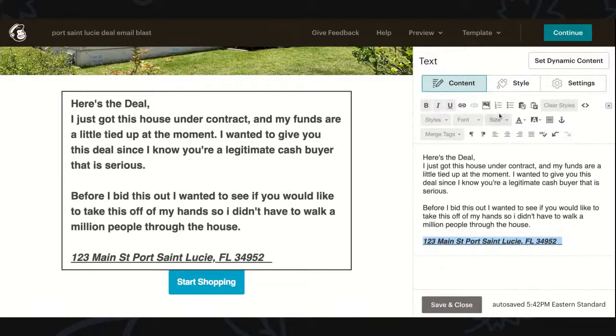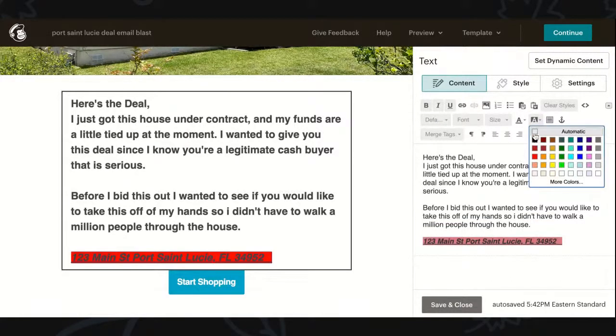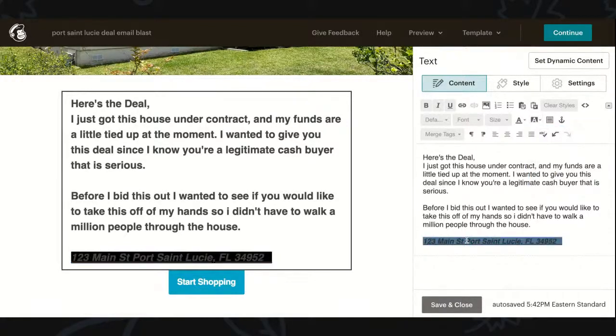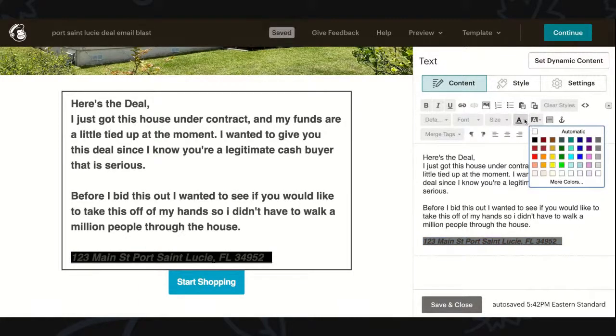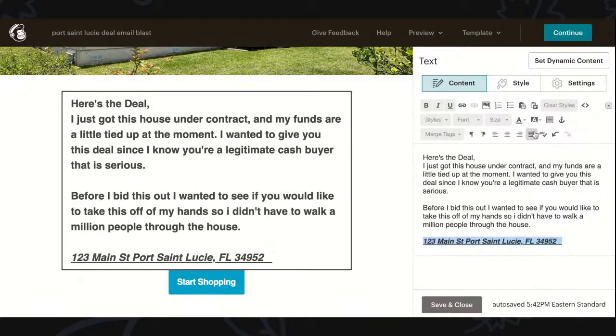So maybe that'll work. Can I change the color? I think I can, right? No, that doesn't look good. Trying to think of something creative I can do there. I think that would be the best with white. Now we're gonna just leave it like that, and then try to remember.